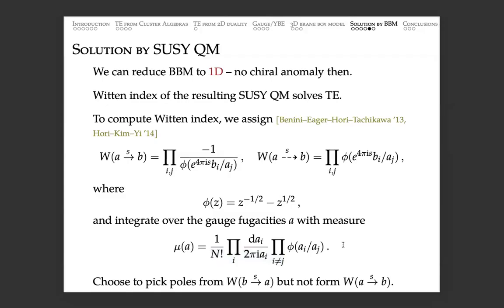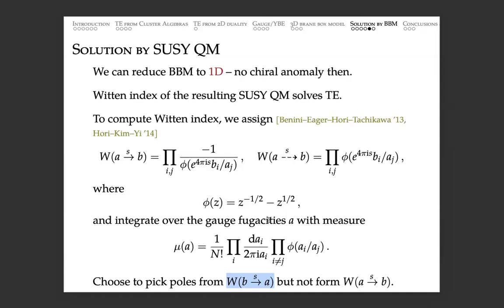Okay. And then there are many poles which you have to avoid and others you pick up. But the prescription is to pick up poles from this kind of factor W of the arrow going from B to A, and so on and so forth. But anyway, this is a concrete model, a concrete way to calculate a partition function. And you can show that this leads to an integrable lattice model. So that's one way to extract a solution of the tetrahedron equation.